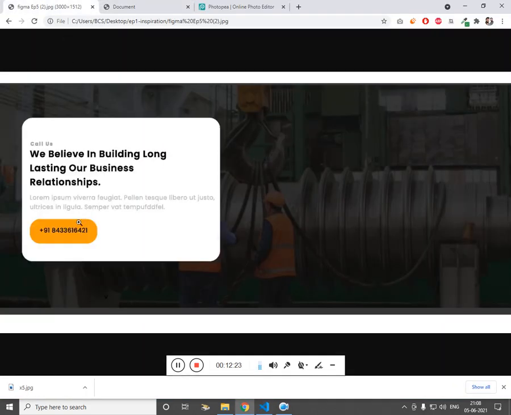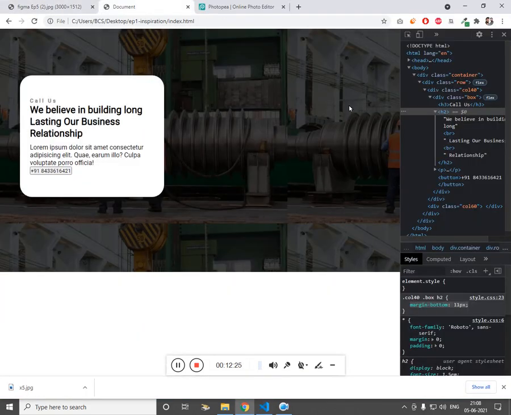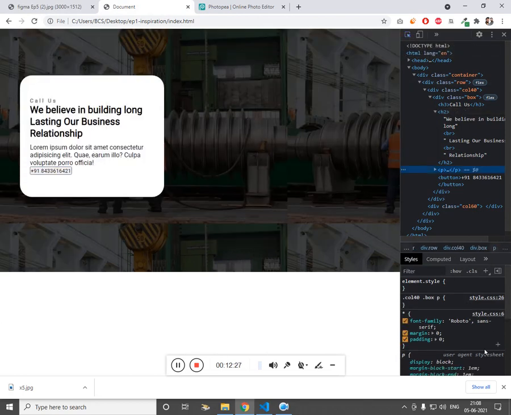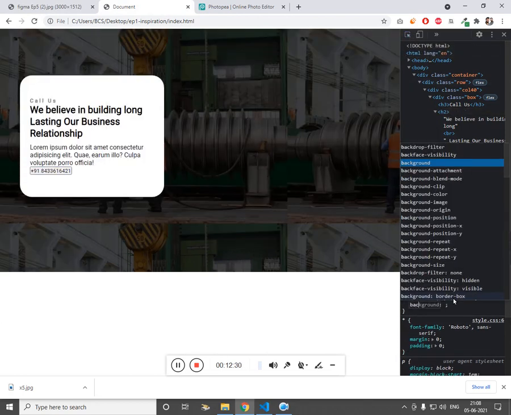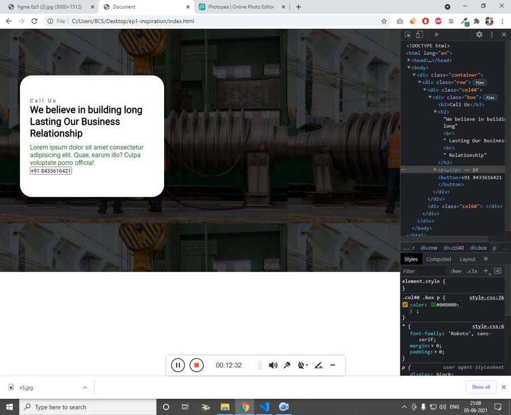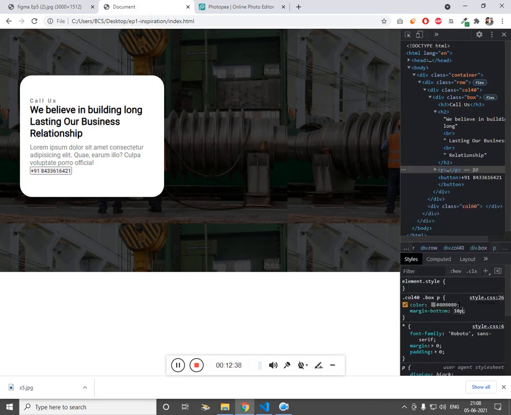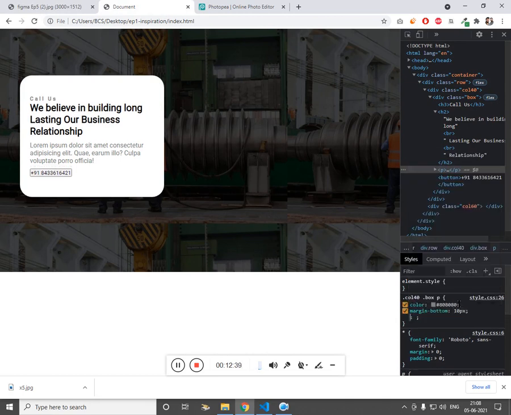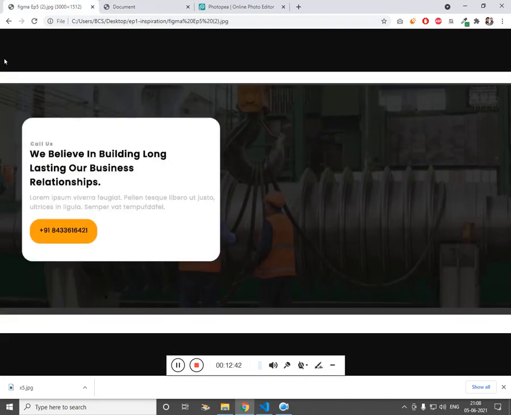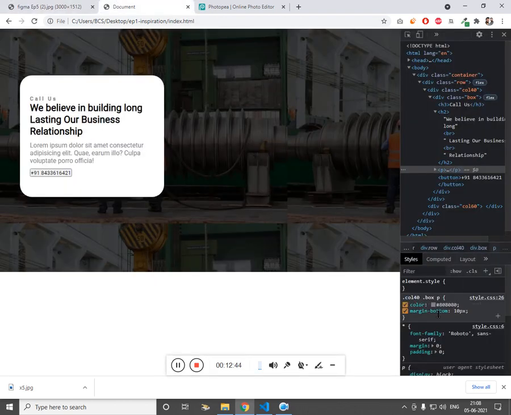And for paragraph, color gray, margin bottom 10 pixel, and the gray should be even more transparent.